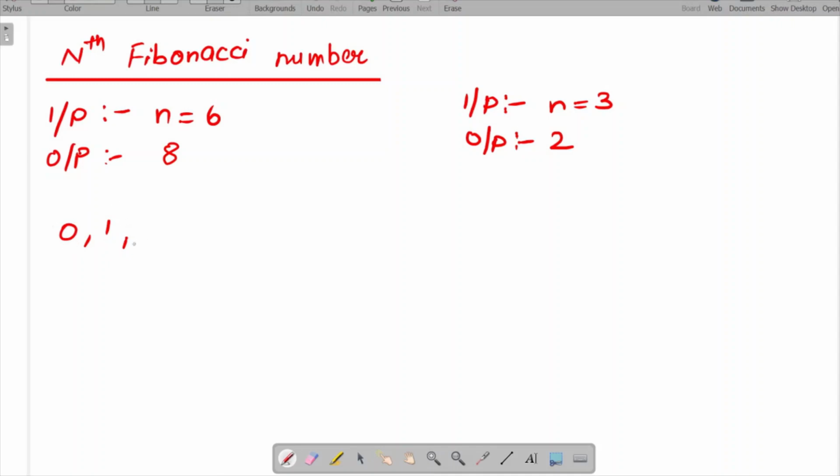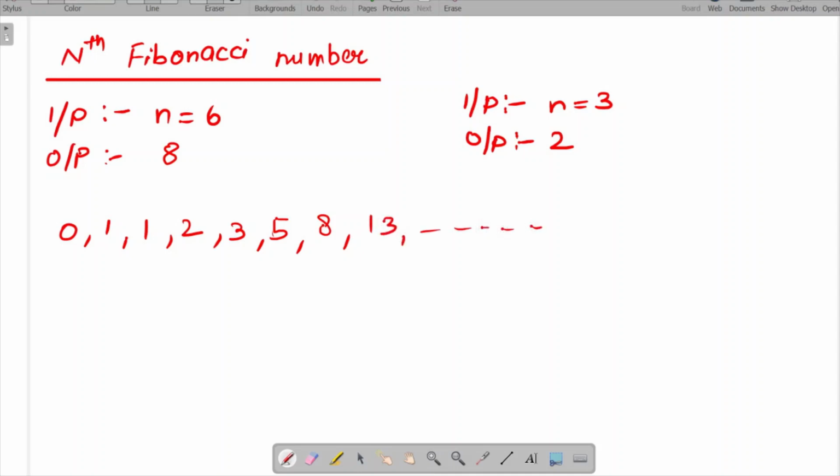So now the next value that will come over here will be 0 plus 1, which will be 1. Now again the next value will be 1 plus 1, 2. So in every case, we are simply calculating the sum of the previous two numbers. So the next value will be 1 plus 2, 3, and again the next value will be 3 plus 2, 5. So the next value will be 5 plus 3, 8, and in this way we will move further. After 8 it will be 8 plus 5, 13, and so on we can go.